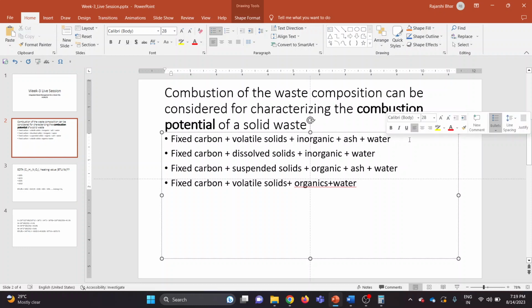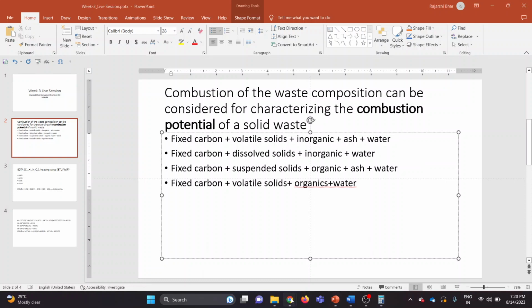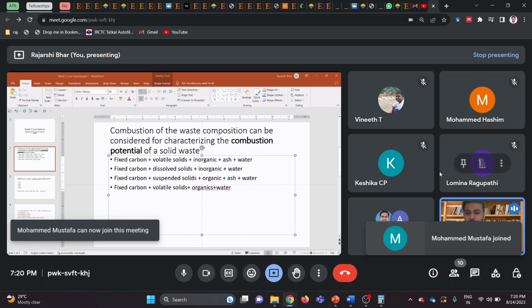I am looking at it from the perspective of combustion. When I am combusting it, the primary components that add to its calorific value